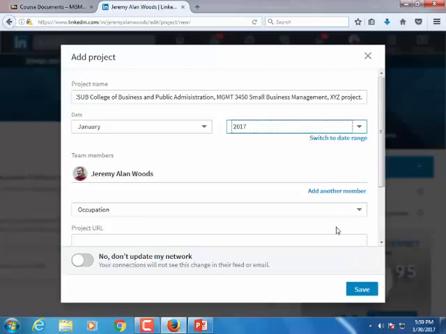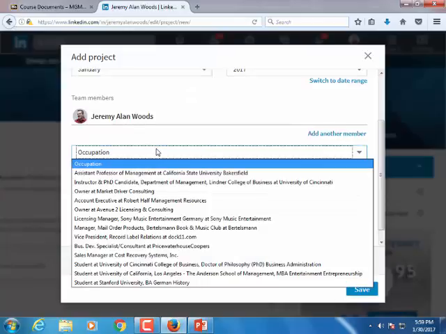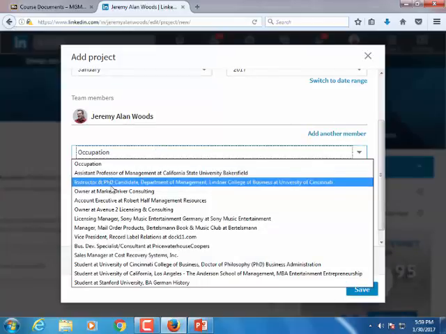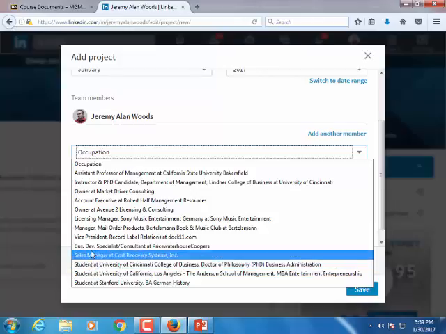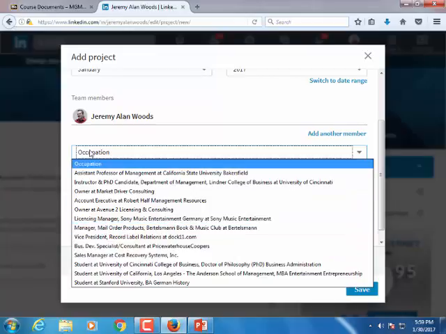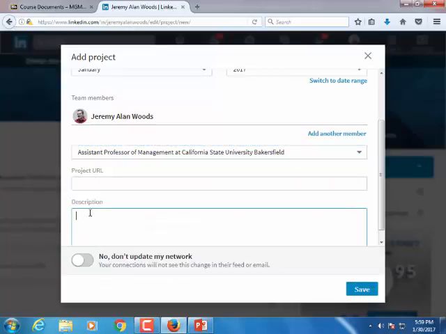And then you'll notice here under occupation, these are all the jobs and all of the school entries that I have under my profile. So if I were putting this project in as a project I worked on with you guys for the class, I would go to instructor, assistant professor of management at Cal State Bakersfield, and then